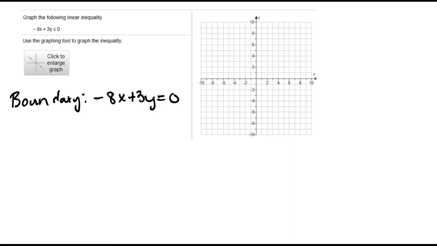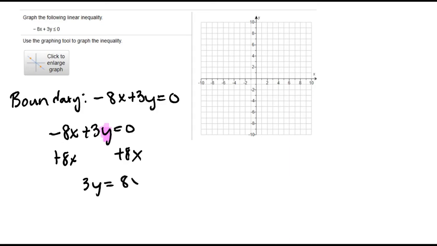So let's take our equation, negative 8x plus 3y equals 0. Let's solve for y. So I add 8x to both sides. That's 3y equals 8x. Divide both sides by 3. Y equals 8/3 x. So we have a y-intercept of 0,